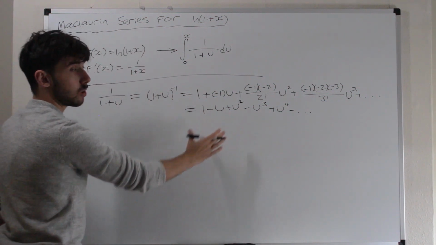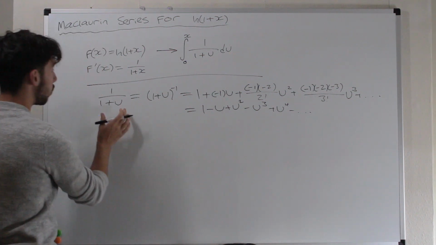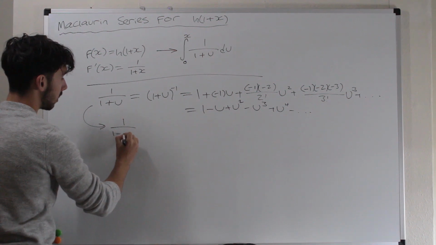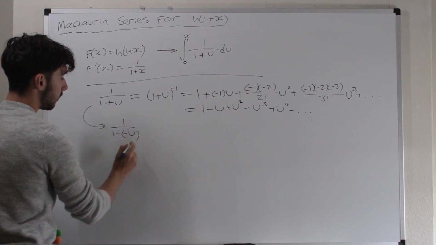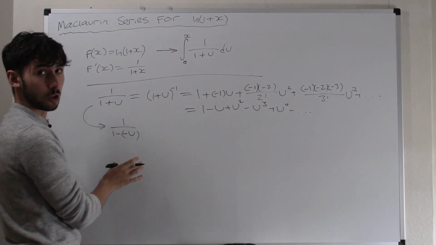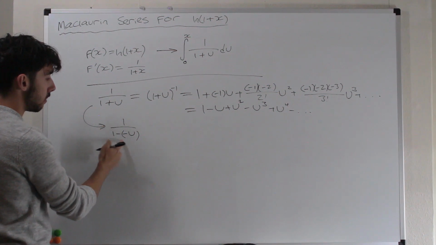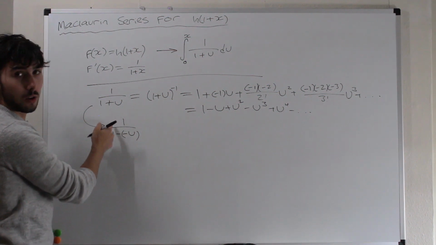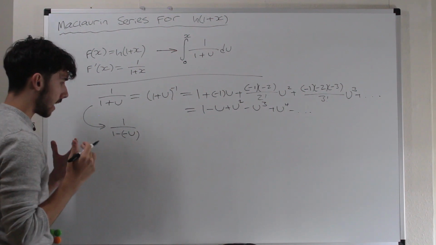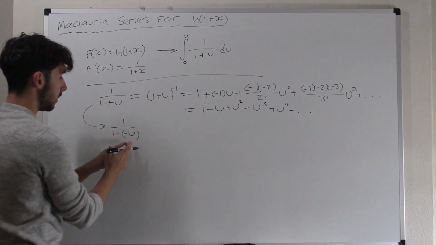Now that looks like a geometric series, because it is. Because 1 over 1 plus u is the same as 1 over 1 minus negative u. And that is the formula for a convergent geometric series. This is a over 1 minus r, or u1 over 1 minus r, if you like to use u1. So a, the first term, is 1, the common ratio is minus u,